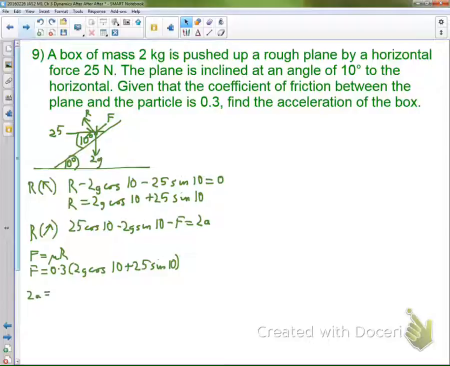We have that 2a is equal to 25 cos 10 minus 2g sin 10 minus 0.3 times (2g cos 10 plus 25 sin 10). So we need to be very careful putting this into our calculator at this point, and the reason I haven't computed some of the parts of this as we went along is because I didn't want to use rounded values. I want to be using the true values all the way through, so I don't get a small error coming in. So plugging this whole long expression into our calculator, we find that it comes down to